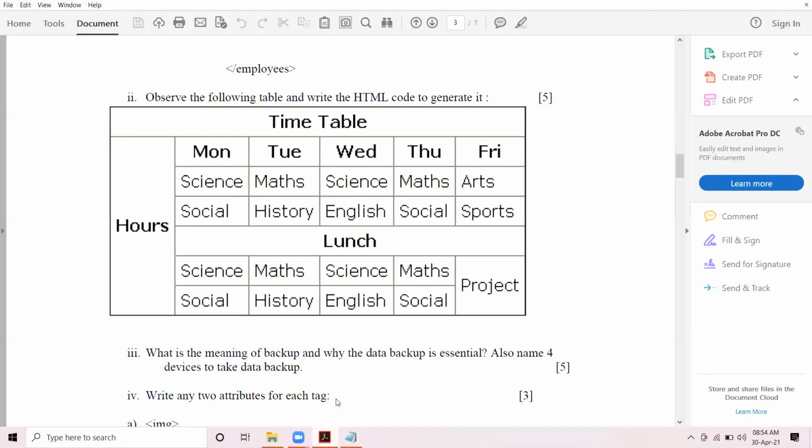All right. So let us start with the first header row, timetable. One cell, second cell, third cell, fourth cell, fifth cell, and sixth cell. 6 cells spanning horizontally is your header row.